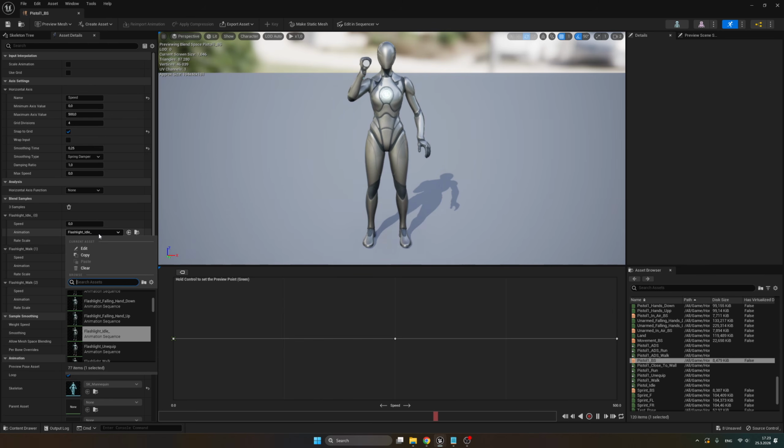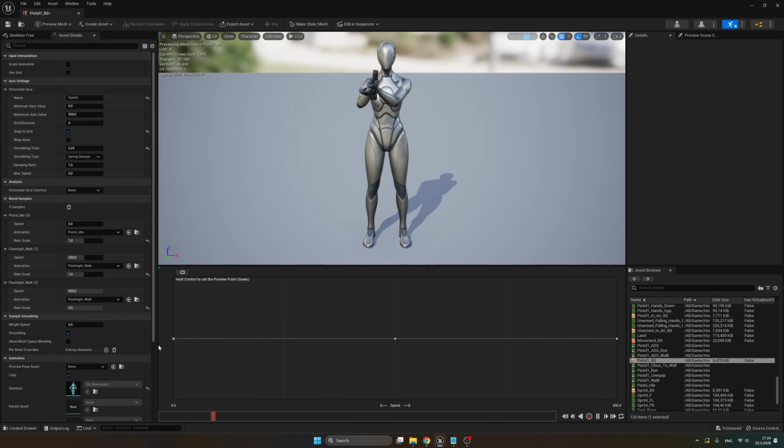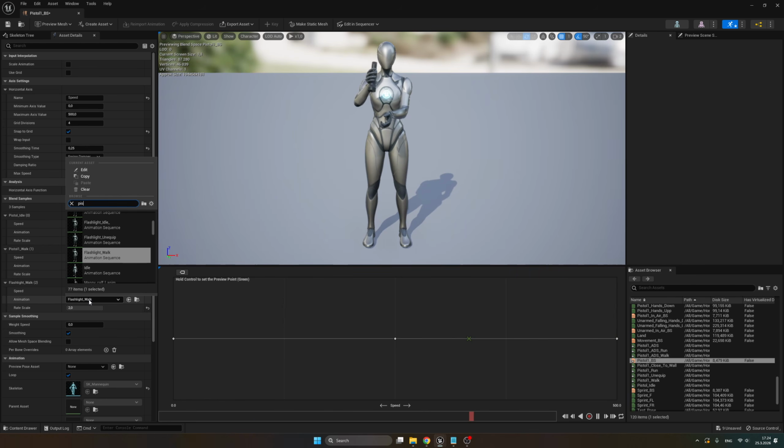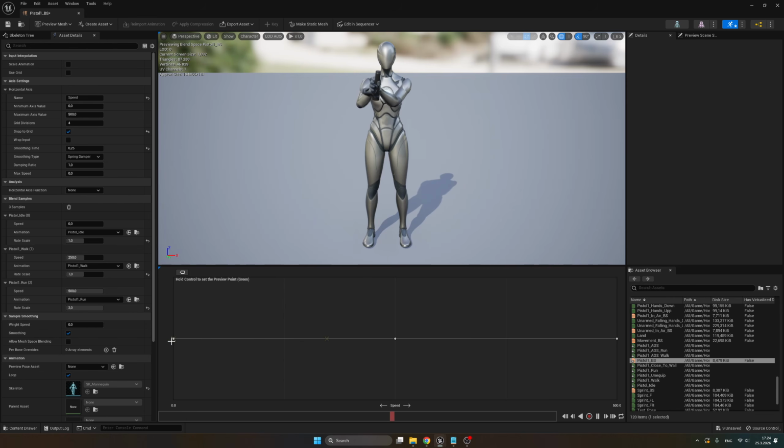So, flashlight idle to the pistol 1 idle somewhere here. Oh, it's just called pistol idle. But yeah, it doesn't matter. Flashlight walk, let's change it to pistol 1 walk. Flashlight walk is here, the second one at the speed 500 here. Let's change it to be pistol 1 run. I think I created, yes, pistol 1 run. So now we have this idle, walking, and sprinting animations here. Save